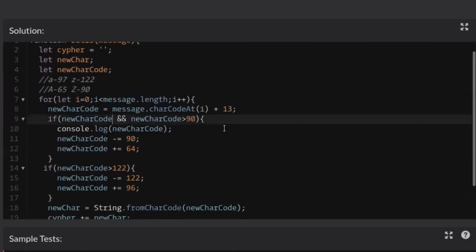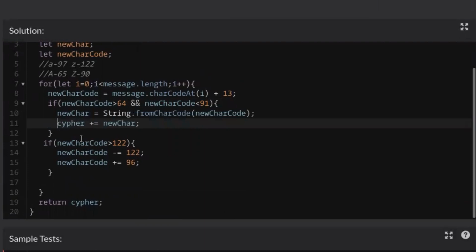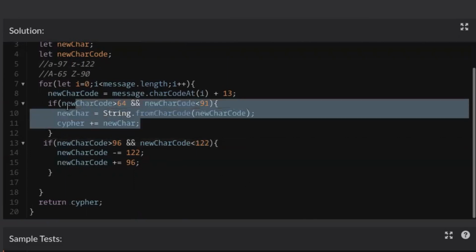Or we can do one thing. So if character code is greater than 64 and new character code is lesser than 91, greater than 64 and lesser than 91, then we say this over here, and also if new character code is greater than 96 and new character code is lesser than, what, 122, is it 122? Then we do this,